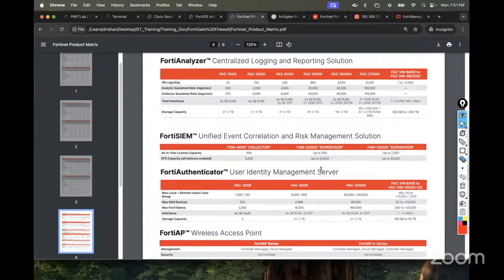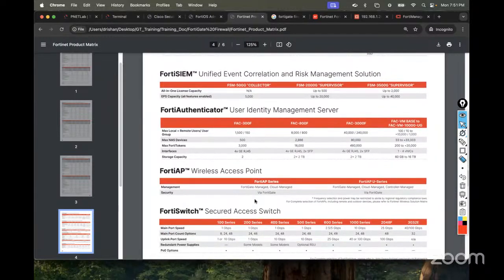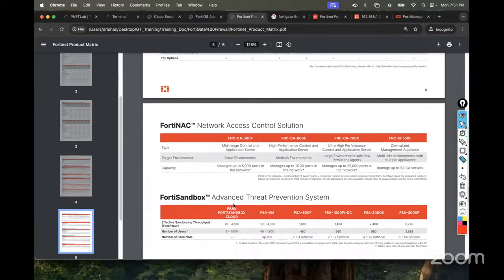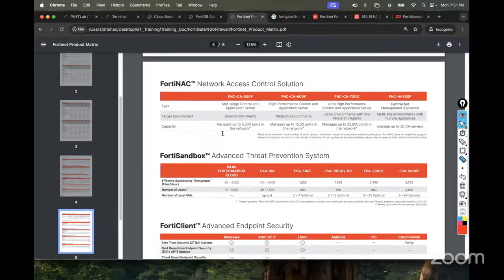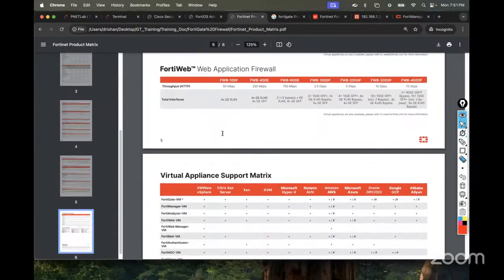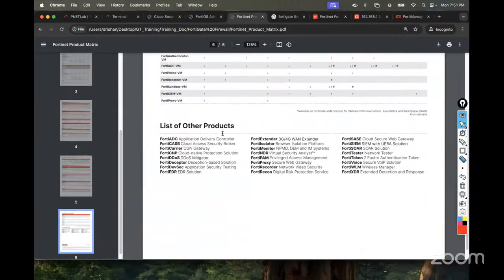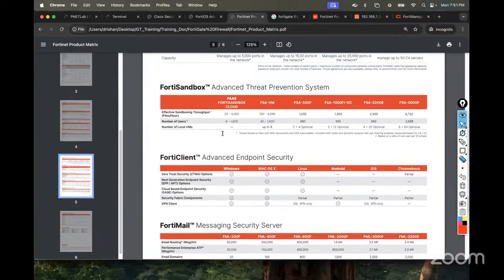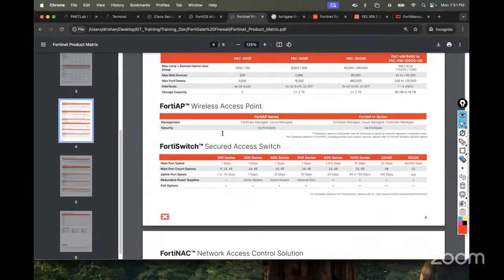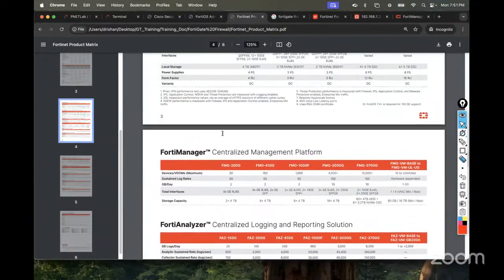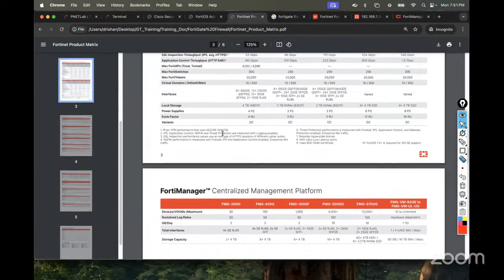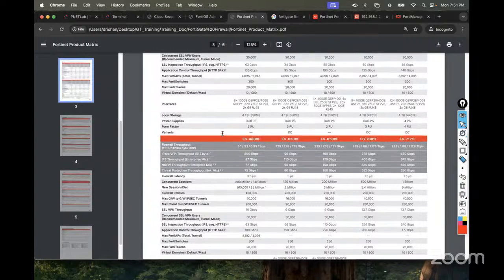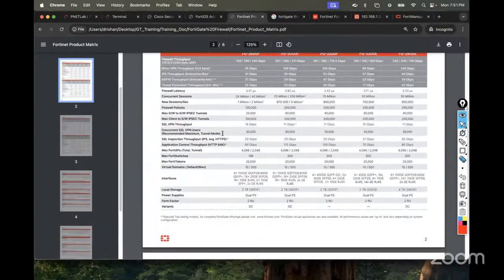ऑथेंटिकेटर होता है, लाइक यूजर को आइडेंटिफाई एंड मैनेज करते हैं. एपीज होते हैं, स्विच होते हैं. So that is not part of our content. Forti sandbox होता है, Forti NAC होता है, Forti client होता है, Forti web होता है, virtual appliances होते हैं, बहुत सारी चीजें होती हैं. So basically we have to focus more on the FortiGate firewall, FortiManager, FortiAnalyzer. That is our main key concept. ठीक है? तो